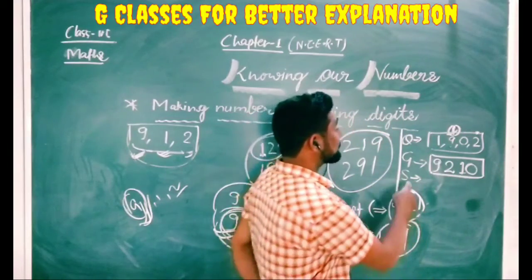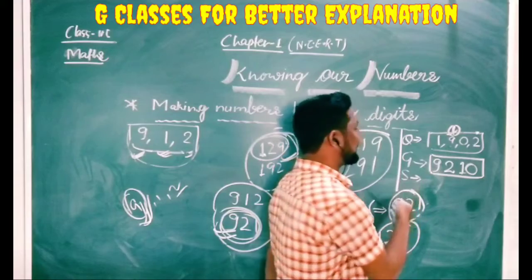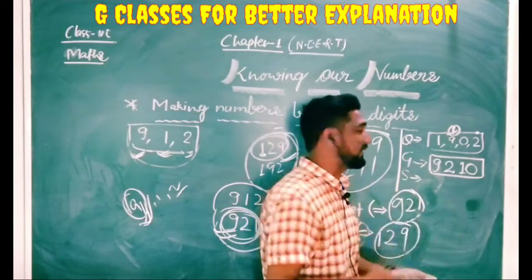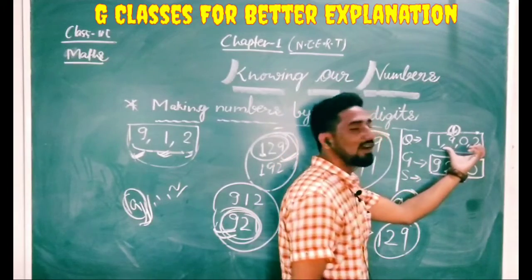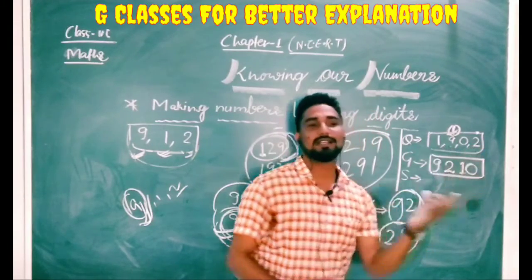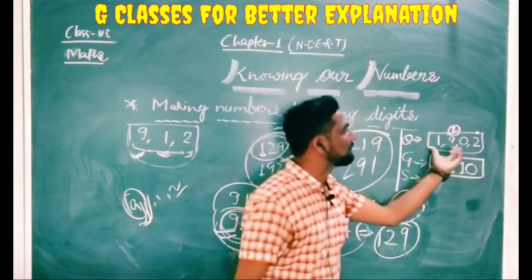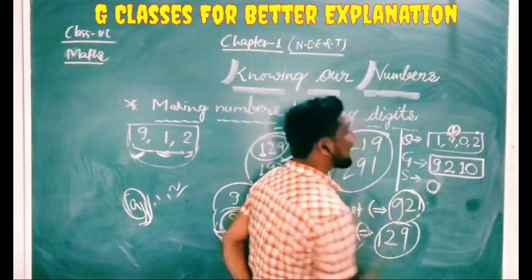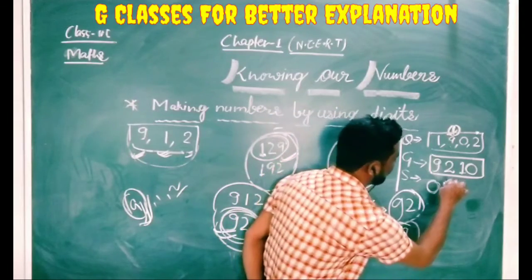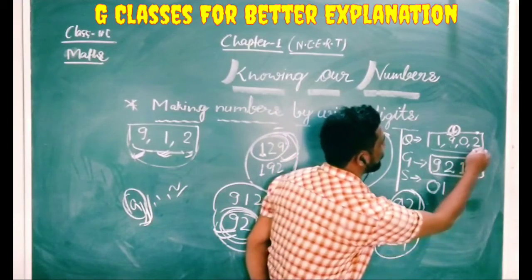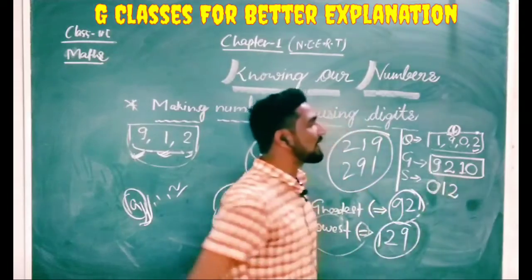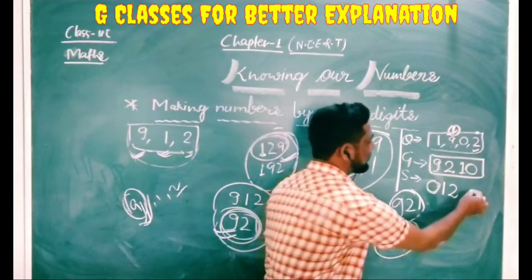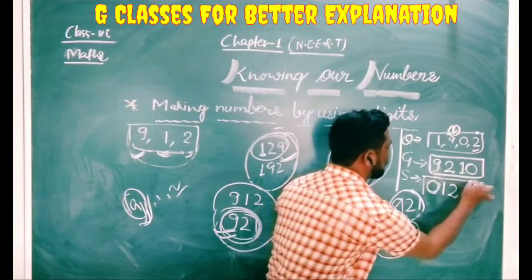But if you write the smallest one, you must pay attention to what I told. I just told you to write the smallest digit in the beginning. Out of all these digits, if I ask for the smallest one, what will it be? Your answer will be 0. So I should write 0 in the beginning. Then after that, 1 will be there. Then 2 will be there. And then at the last, the greatest one is 9, so 9 will be at the last, and the number will be 0129.